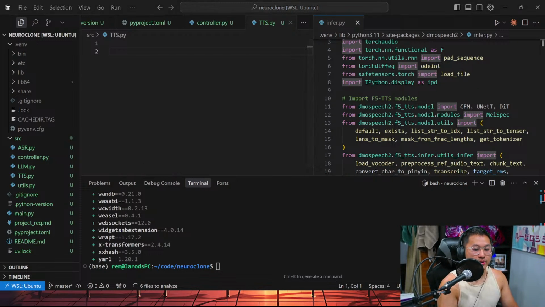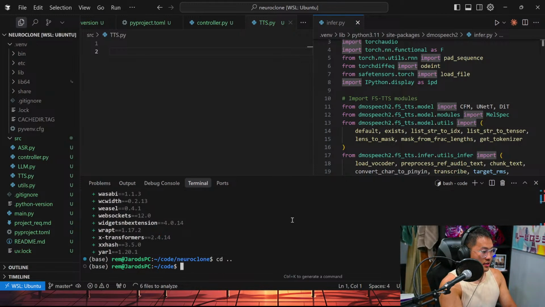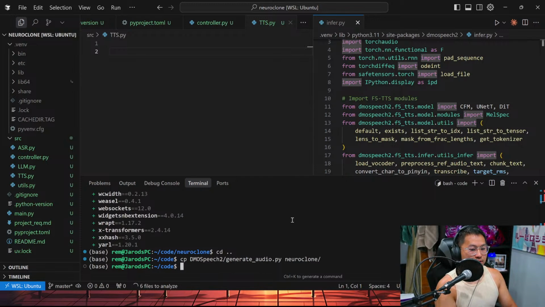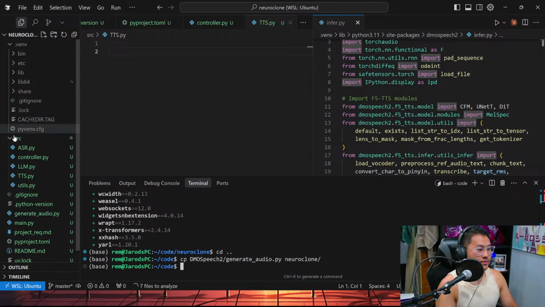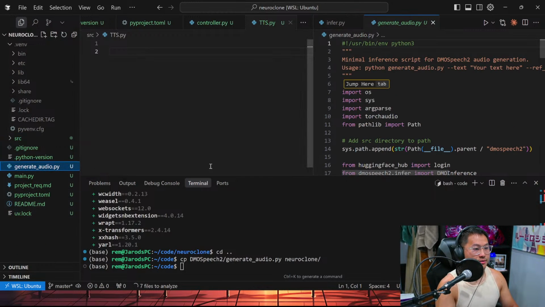I'll just copy it real quick. CD out. We'll do CP DMO generated audio and move it into Neuroclone. Alright, so here we go. We've got our file.